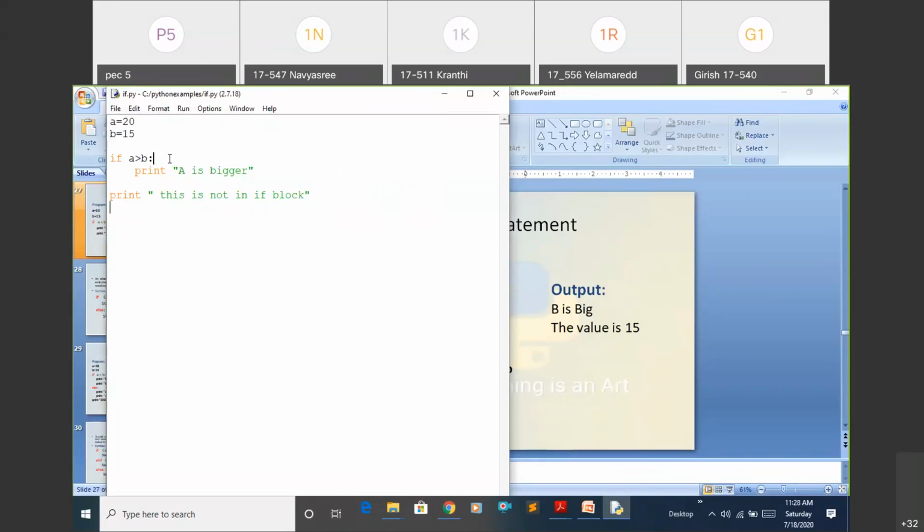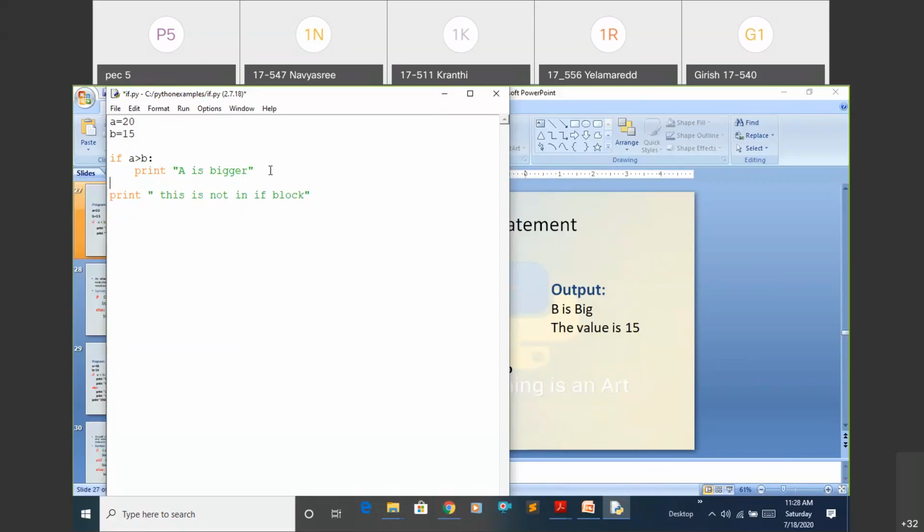If you observe one statement, then it is very clear to you. After writing the condition, just give the colon. This is the syntax: if condition colon. Then if I press enter, it directly gives the indentation. After that, whatever statements you write here will all come under the same block.